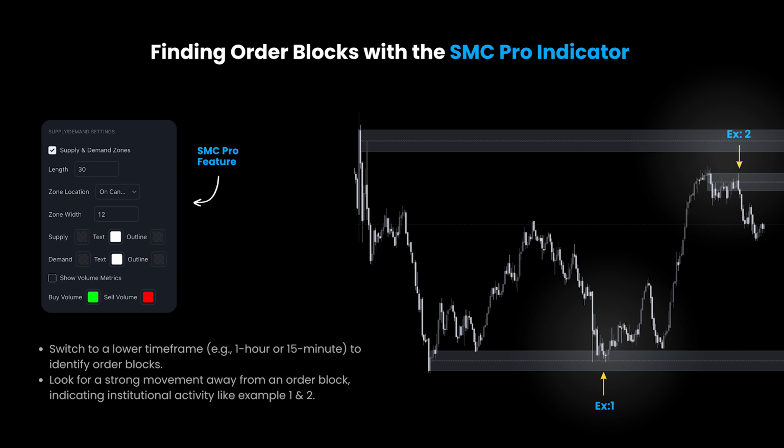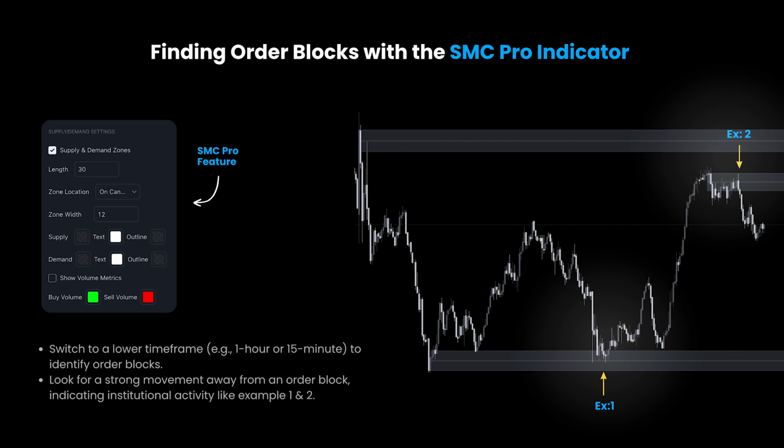When it comes to finding order blocks in supply and demand zones, the SMC Pro makes it very easy for us to identify them. One of the key features of this SMC Pro indicator is the supply and demand zones. You can control where the zones are located, either on the candle or on the wick if you're looking for major liquidity. You can change the color of the zone however you want, or add volume metrics within the zone to check how much buying and selling volume is within